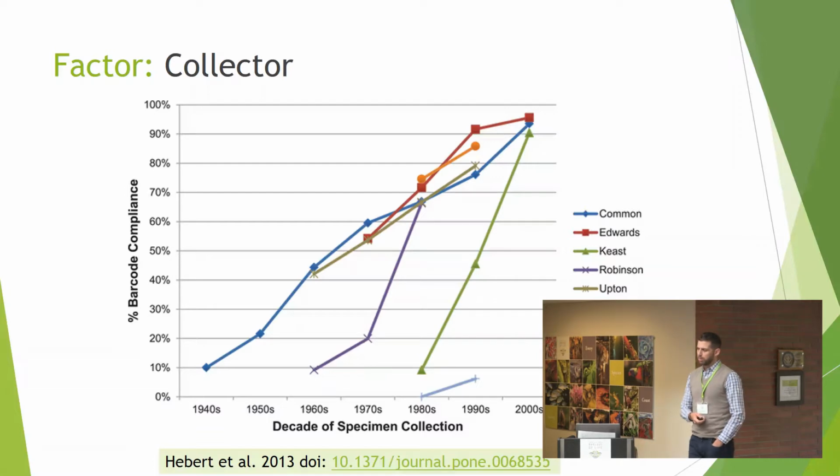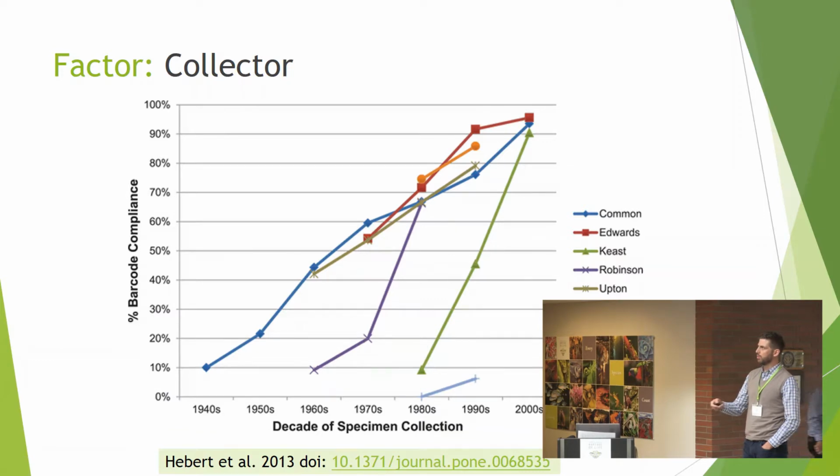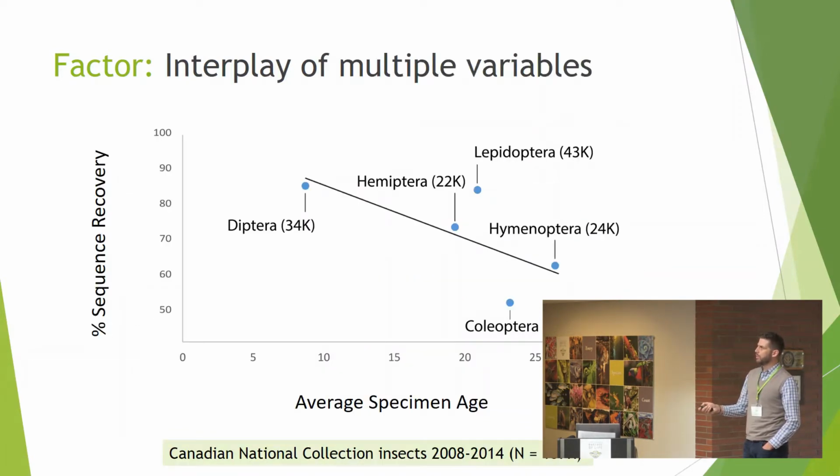Then, of course, you have interplay of various variables. This is from the Canadian National Collection, not just specimens that we processed personally, which I think are about 70,000, but also what CNC curators have sent to us. And so this is divided up by order and you have sequence recovery versus average specimen age. And you can see that there are certain groups that